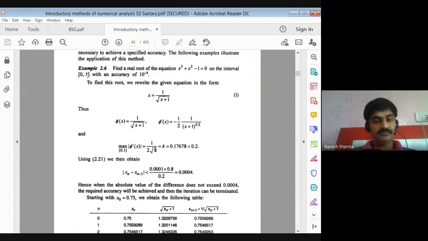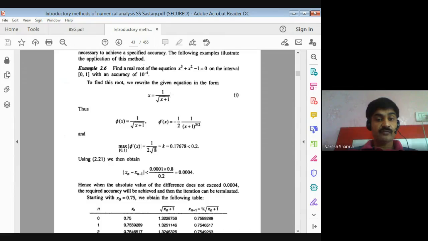And similarly, when you put here 1, it is 1 plus 1, that is 2. 2 raised to power 3 is 8, and 1 by 2. Under root of 8 is 2.236. And multiply 2 with 4 point something, and divide by this, it is less than 1 also, right? So for all values from 0 to 1, this derivative is always less than 1. So your condition is satisfied now.